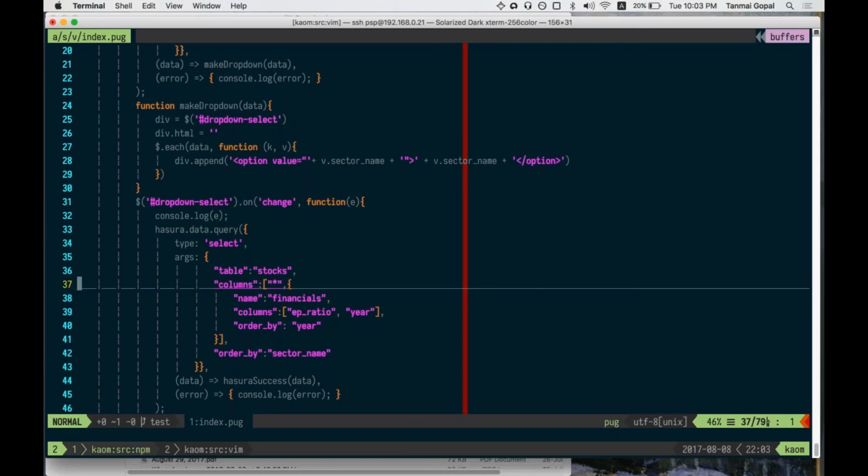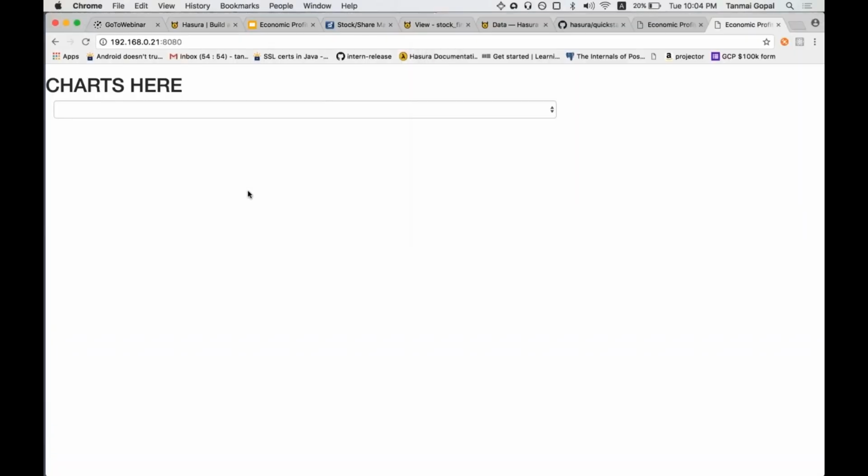You can fetch objects that are linked by a relationship to your primary query by just specifying them as an extension of the primary query. This will all happen in one single SQL request. So what you're going to get here is all the stocks, all the columns in the stocks, and all the objects that are linked to this through the financial relationship, which, if you guys remember, is something we set up